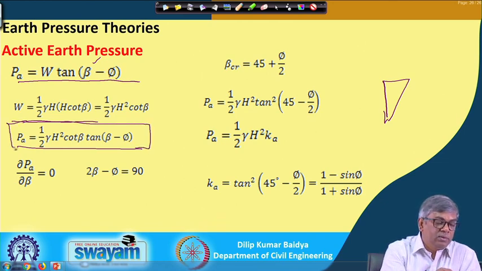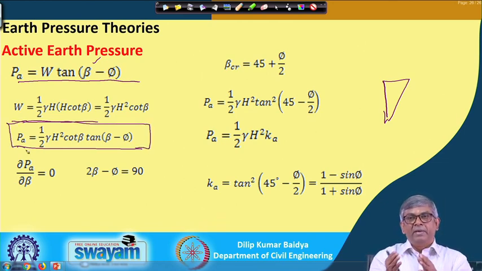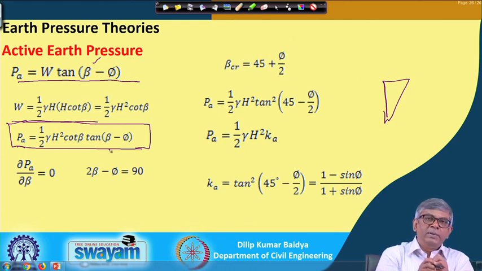Okay. So, this P A, the amount of P A, the active earth pressure, will be varying because of what? Because of the beta only. The beta is the variable now, and as I have mentioned, for different values of beta I will get different values of P A. Now, I have to investigate at what value of beta the P A becomes maximum or minimum, but we know in the active condition it is minimum. So, that means P A is a function of beta.